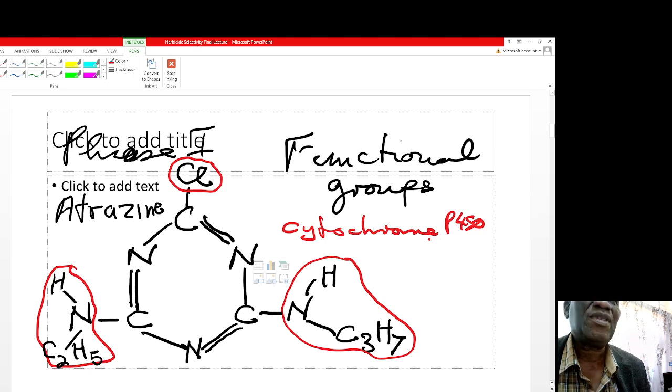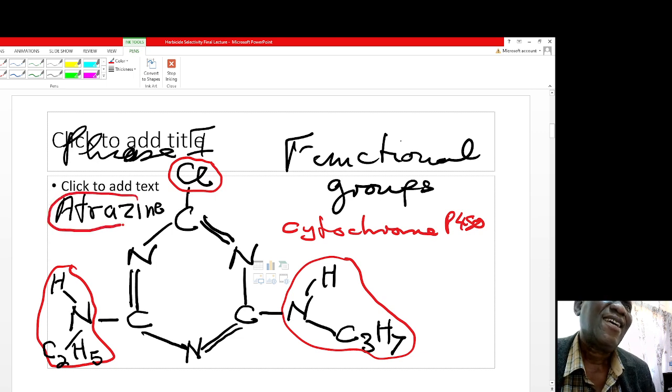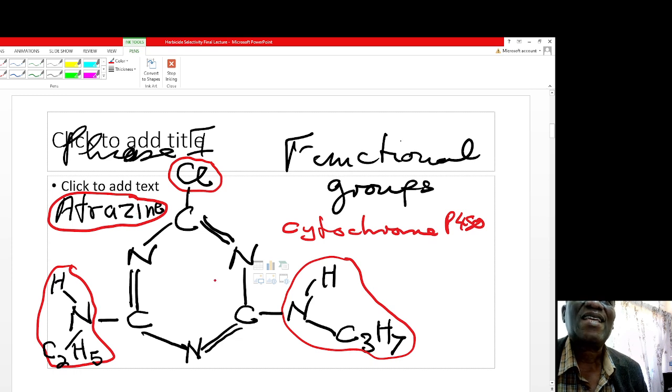But with specific reference to atrazine, there's a slight difference. Some people say that it is not actually cytochrome P450 which is causing changes, but instead we have got this enzyme